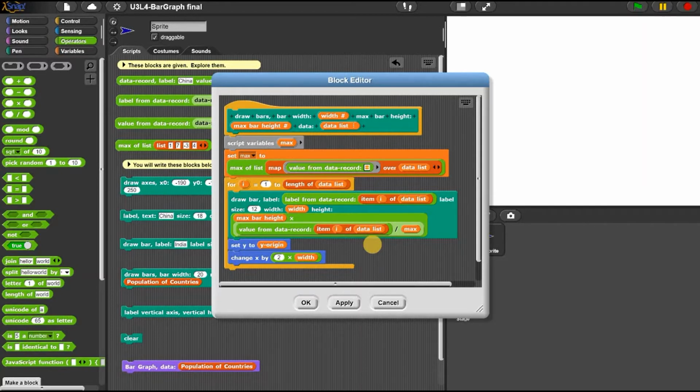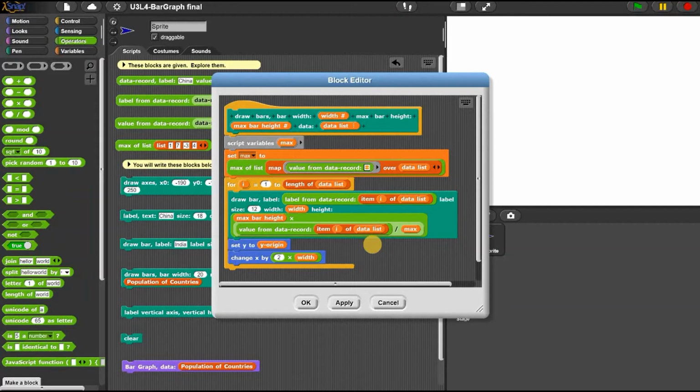We want to set our pen size to 1 and then use a script variable A, but changing the A to max. After that, it's pretty much just like what we did before, but after that we want to choose the variable block set to, and we should be setting max to max of list map value from data record over